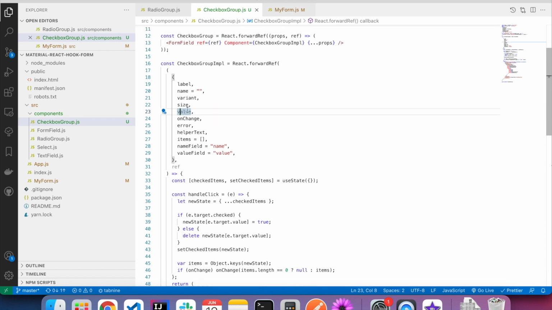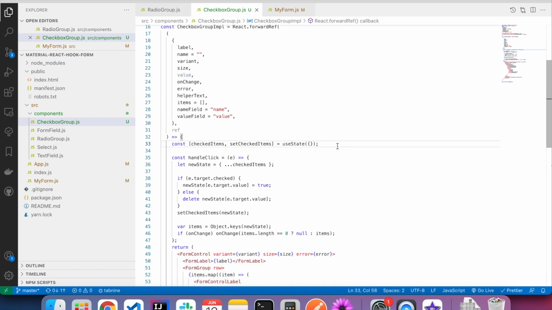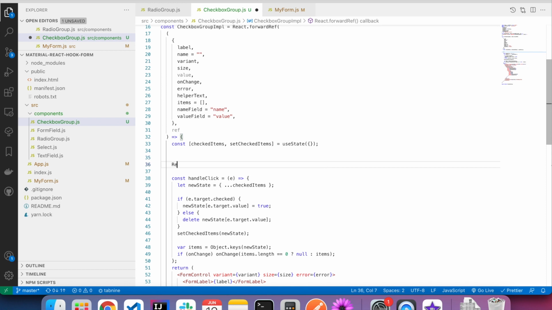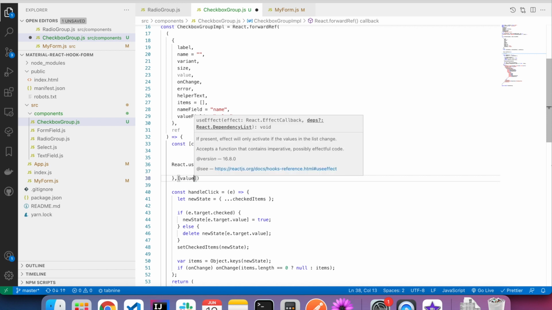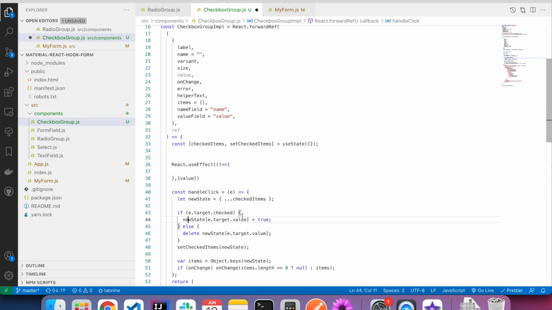Similarly, when the incoming value is changing, I want to use effect to actually set my checked items. Okay.